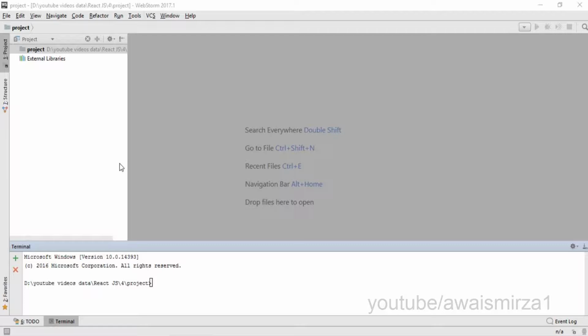I have already explained Babel CLI, how to use it, and what the purpose of Babel is. Webpack is another JavaScript tool that can be used for automating different tasks for managing our project. First of all, in order to work with Webpack, I have created a simple project. It has nothing inside it, and in my terminal I'm going to create a few